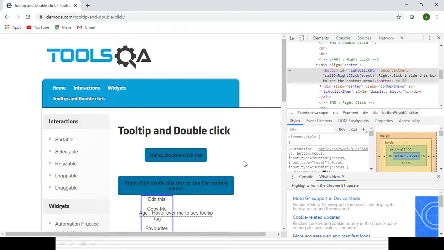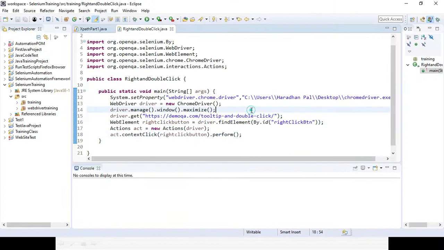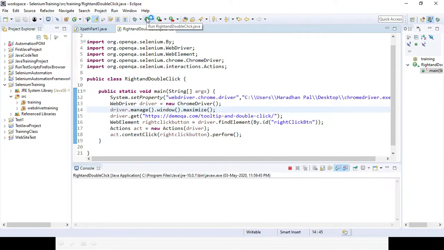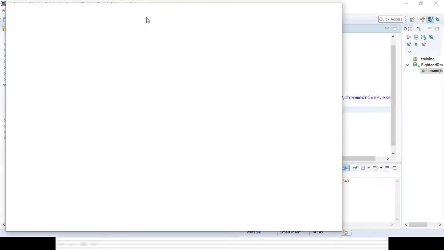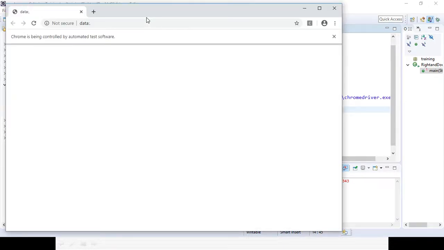So let's run the code and see if it is right clicking or not. It will launch the browser, then pass the URL, then identify the element, and with the help of the object instance created for the Actions class, it will identify the element and right click.